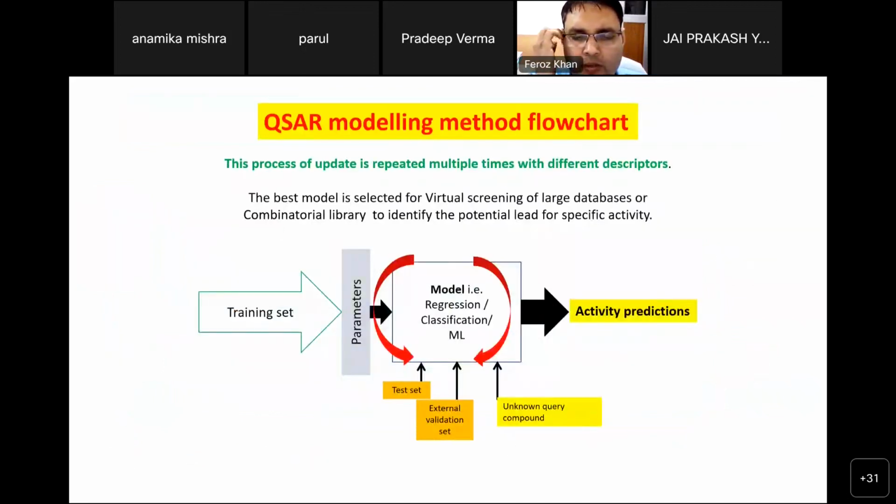This is a pictorial representation of the whole method which I explained earlier. First, you have to submit the training set. Here the training set is none other than experimental data, in vitro data or in vivo data. So handle it with care. You need to clean the data and classify the data, and then process it in the modeling process. Calculate the properties, normalize the bioactivity, calculate the properties, and make the relationship using any method.